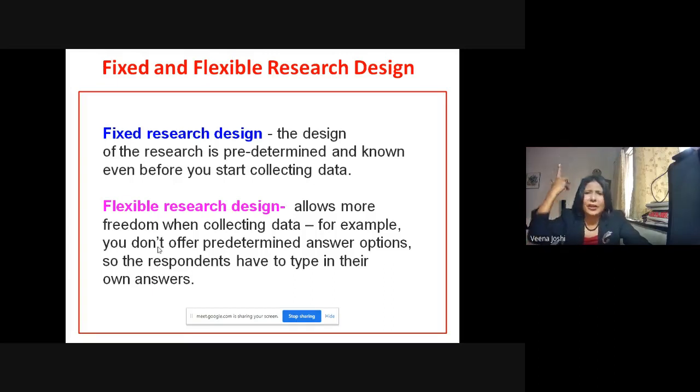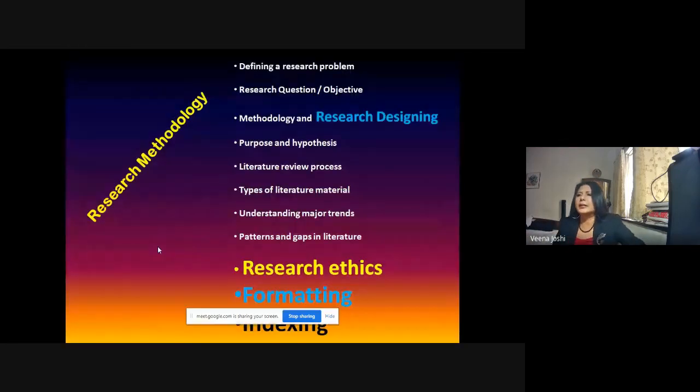And you will find millions of designs, don't worry about it. I have already told it to you. What is research design? Research design is the combination of, see, finding a research problem, which comes with a research question. Then I have formed the objective. Once I have formed the objective, this is the most difficult part.